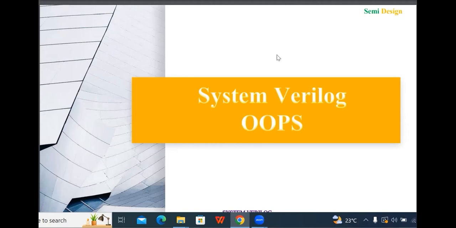Polymorphism means many ways. By using one small piece of code we can use it in many ways. Okay, that is polymorphism, and then abstraction. So these are the different features in the OOP concept. OOP is nothing but object oriented. Object oriented means by creating the object